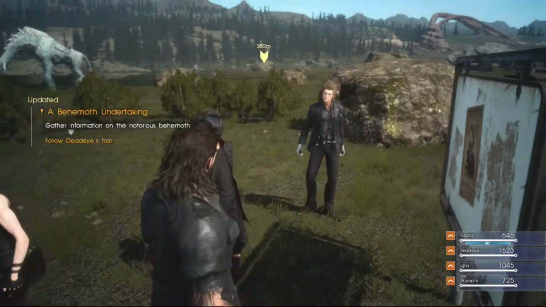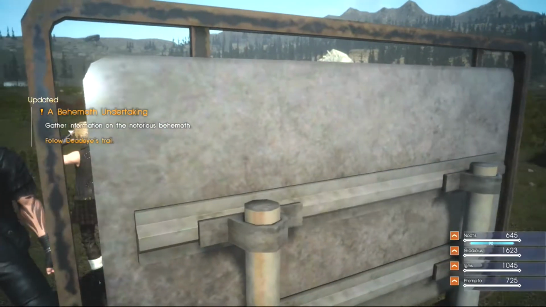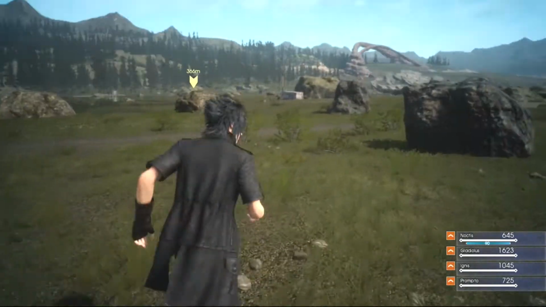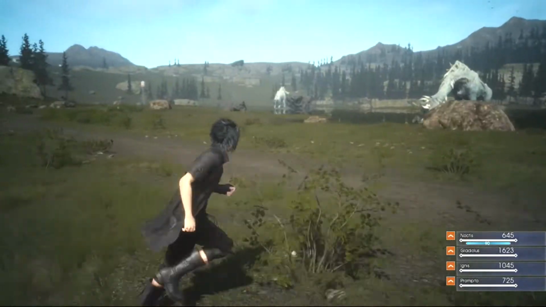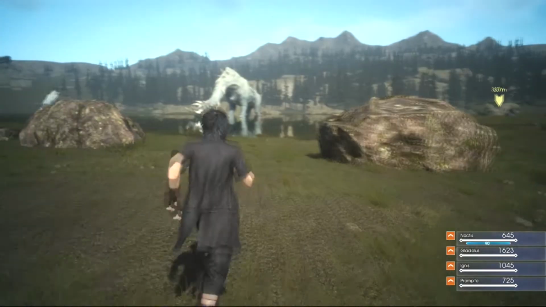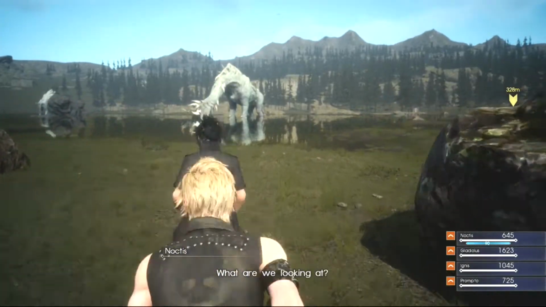So now we're on to the main mission for this demo. We're going to look for a behemoth and we're going to try and take him down. As we go along, I'm going to talk about some of the enemies in this area here. First, we'll talk about the big ones over here. The big enemies grazing in the...